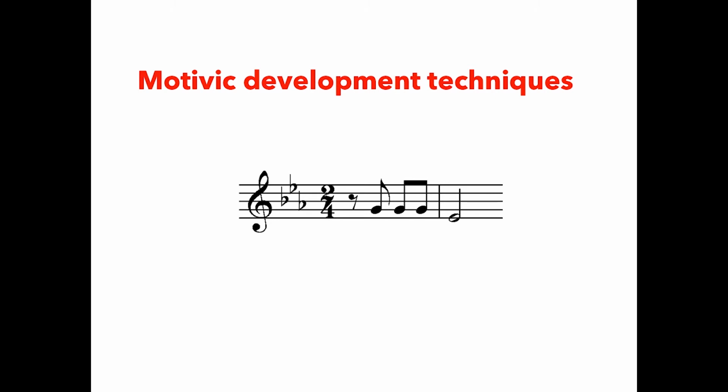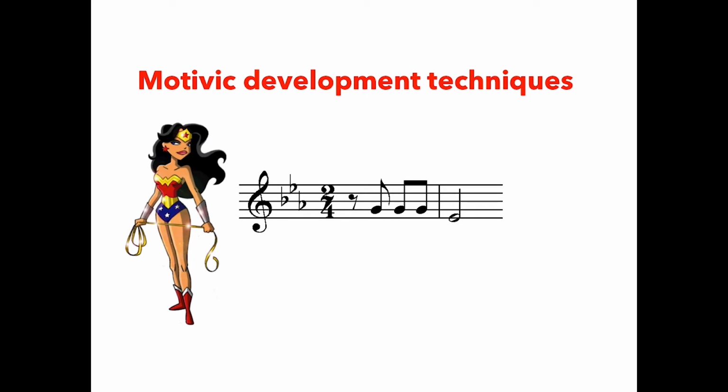Now we're going to have a look at some standard development techniques that composers use, and we're going to use the Beethoven motif as a starting point. That's the motif we've already heard. And again, let's use an image to represent the motif because it makes it so easy to change and to see those changes, which you then can translate into music.